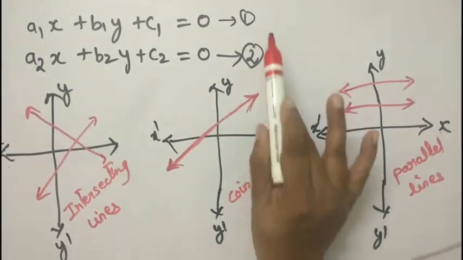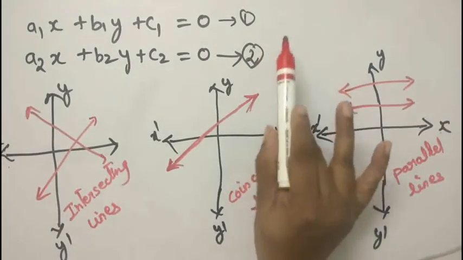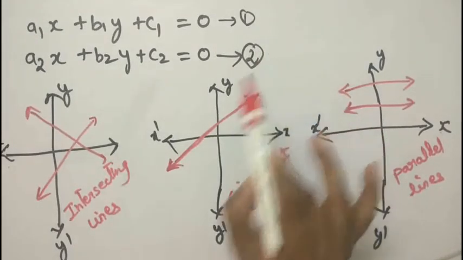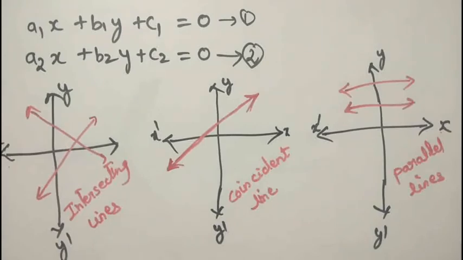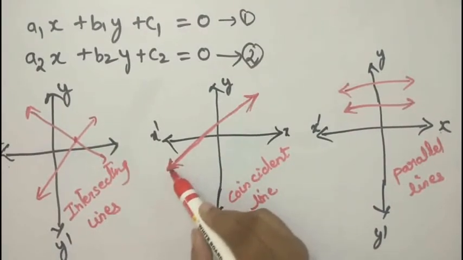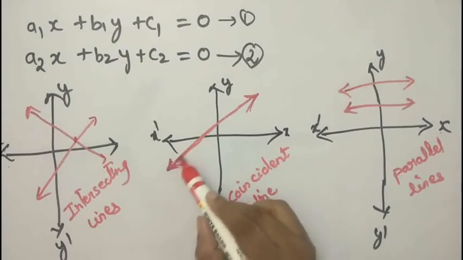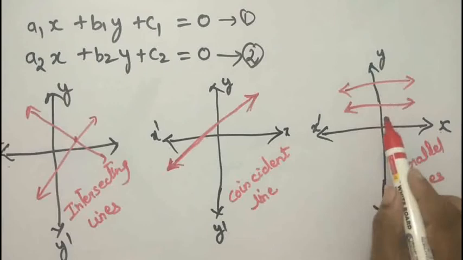If you plot the graph, when we talk about both the lines, it is nothing but a pair of lines. When you plot the graph for these two lines, as I explained in previous videos, definitely you will get two straight lines passing through the x and y axes depending upon the conditions. So there may be three cases. One, they may intersect at a point, that is at this point. Two, they may coincide, meaning the two lines pass through the same points. Three, they may be parallel to each other.